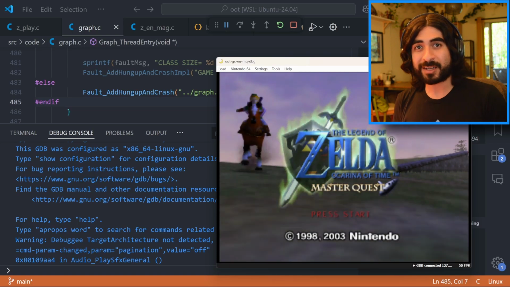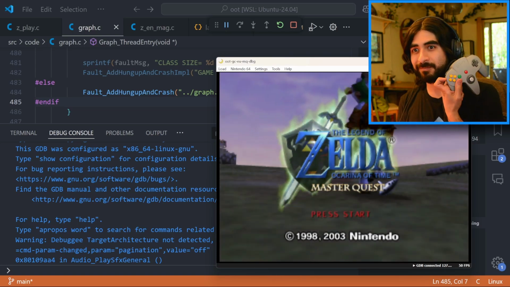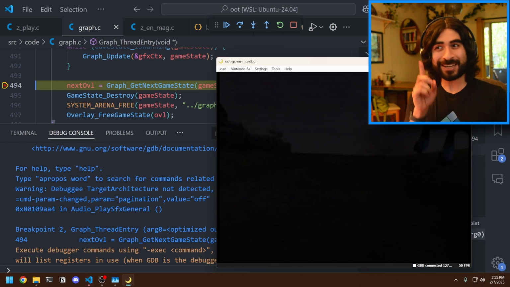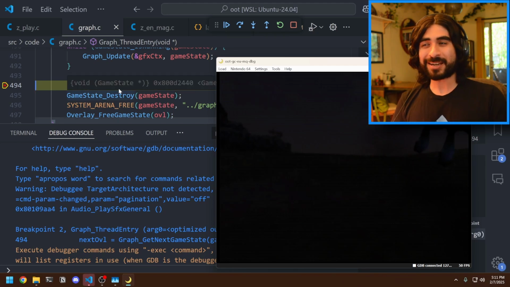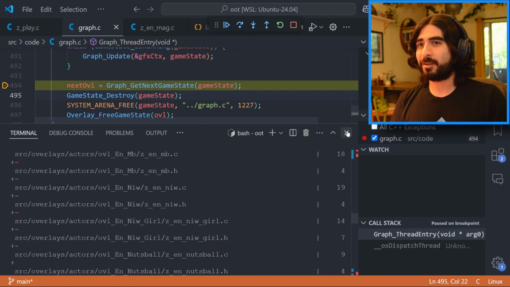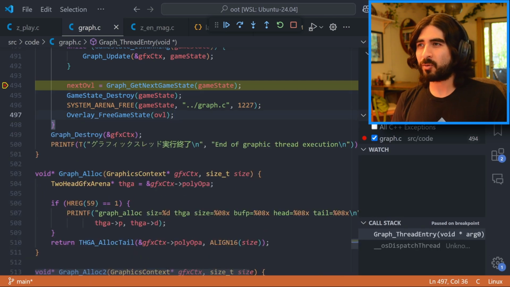I have something very exciting to show you. Check this out. There it is. Okay. For a second, I thought it wasn't going to get hit. We have breakpoints now. Now, this does come with a caveat because of the way that the Nintendo 64 loads